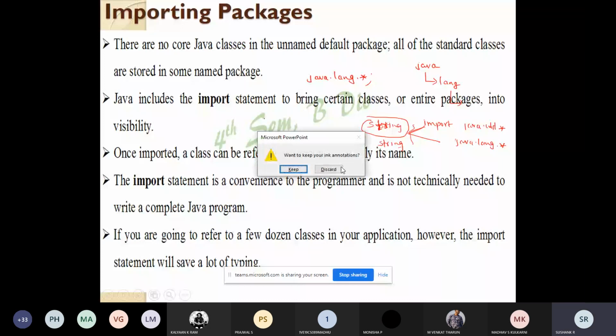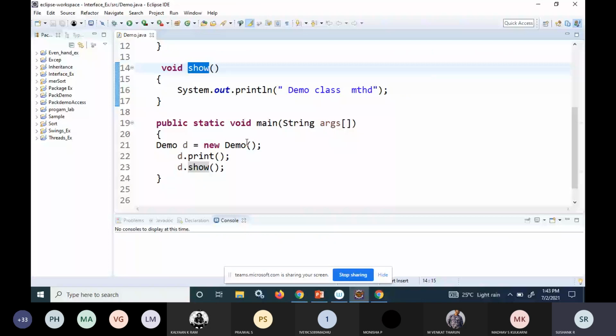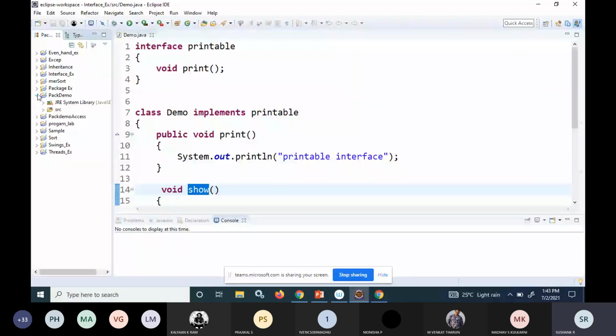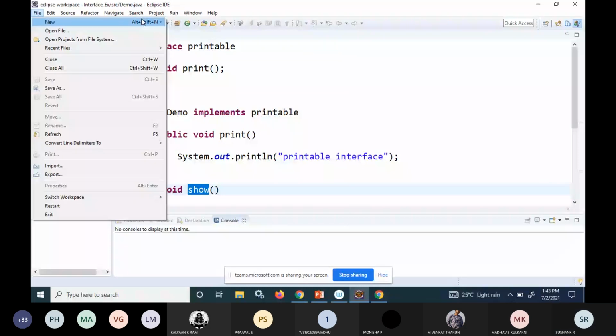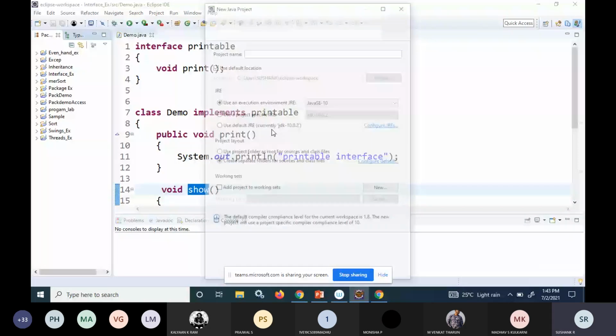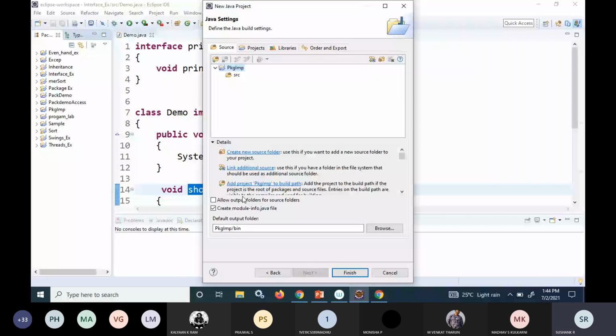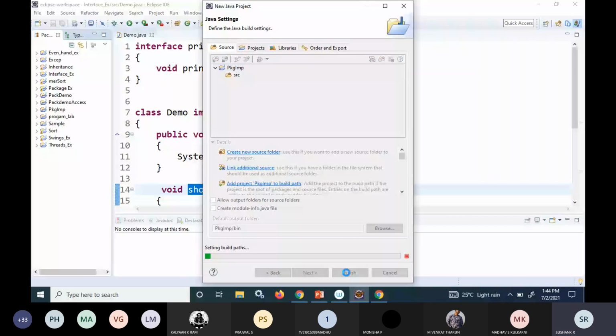I'll write a program. Okay. Where I'll have a package demo. I'll just create one class only, one folder itself. First thing, I'll create a package here.